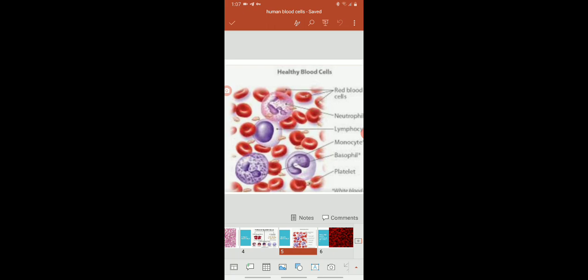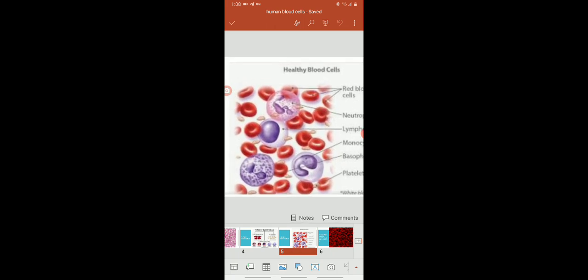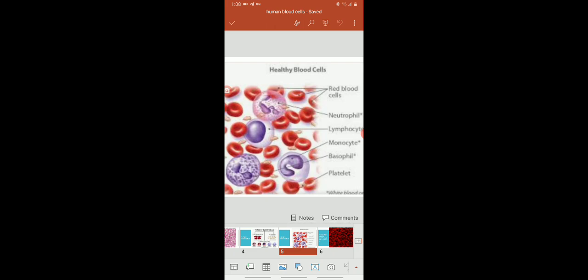This neutrophil is larger and inside it has a purple colored nucleus, nearly 5 lobed. A 2 to 7 lobed nucleus is present in the neutrophil. Okay. After that, the next cell is the lymphocyte. See the label lymphocyte. This lymphocyte shows a dark purple colored and larger nucleus. After that, the next one is the monocyte. This monocyte has a kidney-shaped nucleus. Okay, kidney-shaped nucleus we can observe here. Then the basophil shows a 2 lobed nucleus, and the smaller, somewhat whitish cells are called platelets.